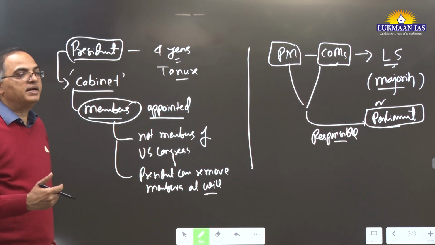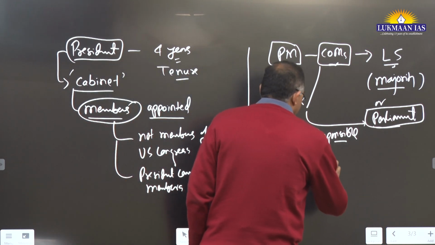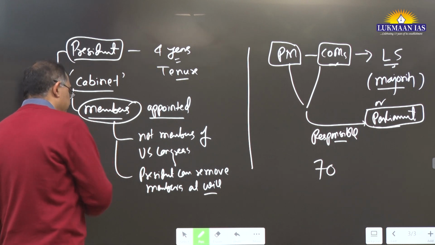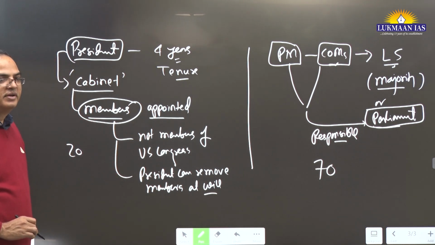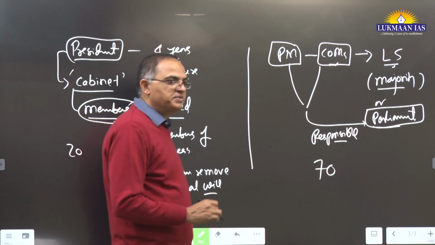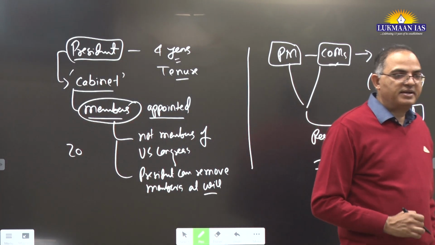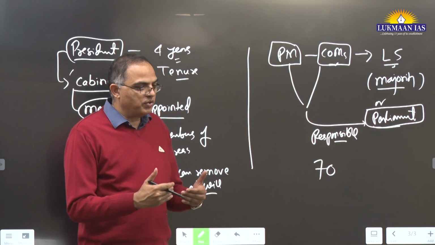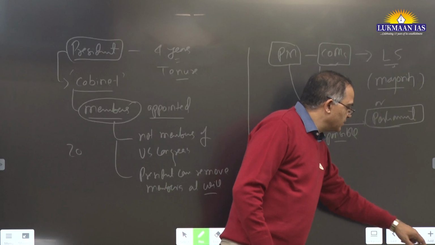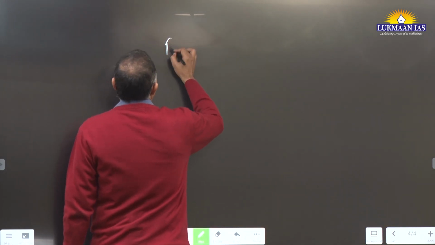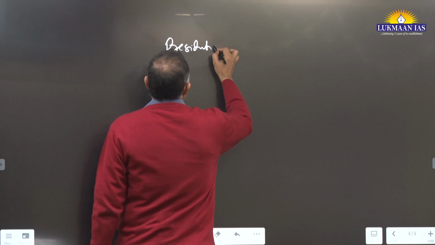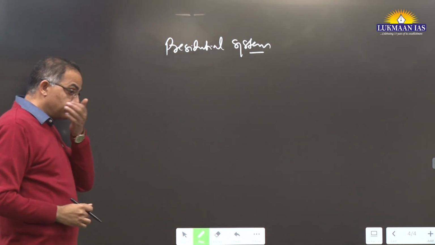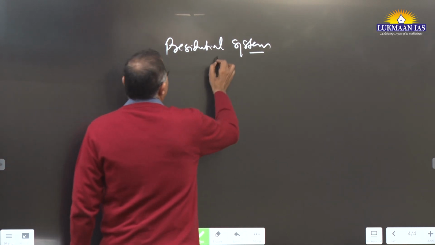In our country, the strength of the Council of Ministers is over 70. Such a big team. Managing a 20-member team, leading a 20-member team, is more effective than leading 70 members. Anyhow, what we come to know about the advantages of the presidential system, that day we told you, isn't it? The presidential system will have advantages.